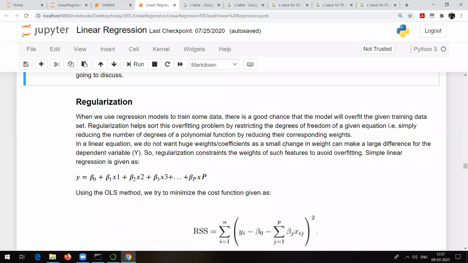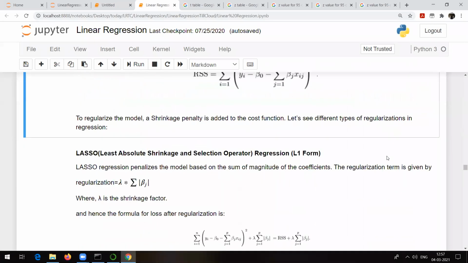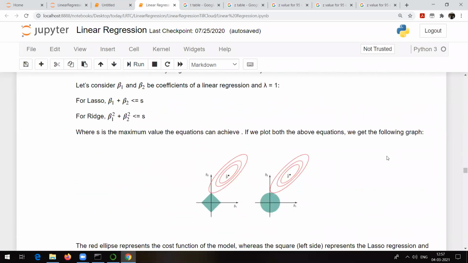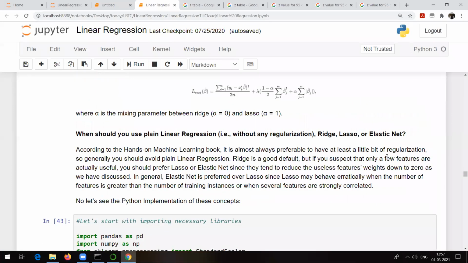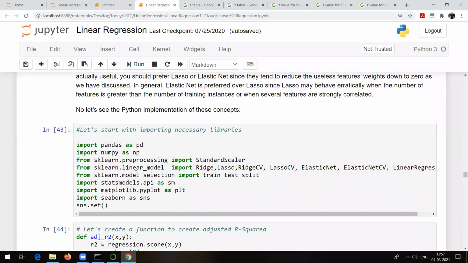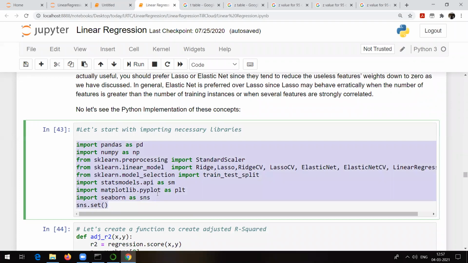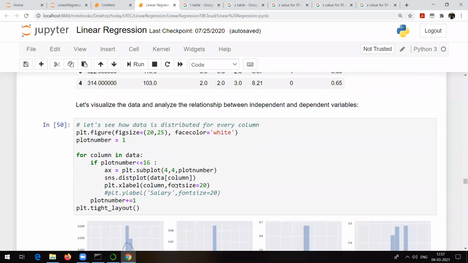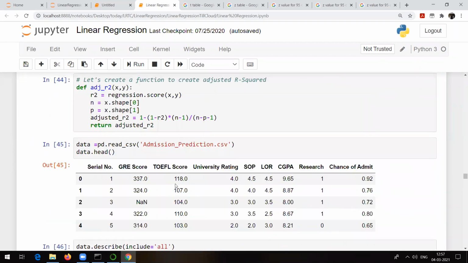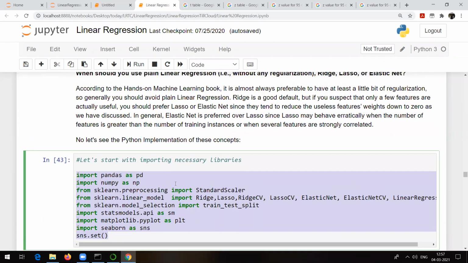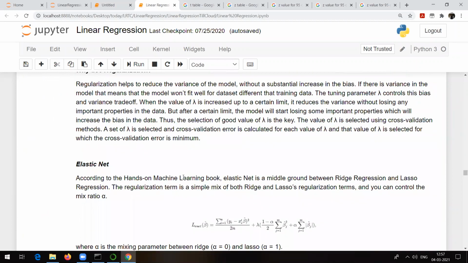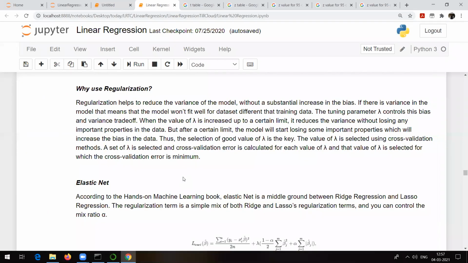And then the last point is regularization, which comes under cross validation actually. Here there will be three types of regularization which we will be talking about: lasso, ridge, and elastic. And then finally, we will be starting with the implementation of an application, where I'll be showing you how to create a model with the help of linear regression. That's the only part which is remaining. And then finally, I'll be showing you a project with the help of PyCharm.